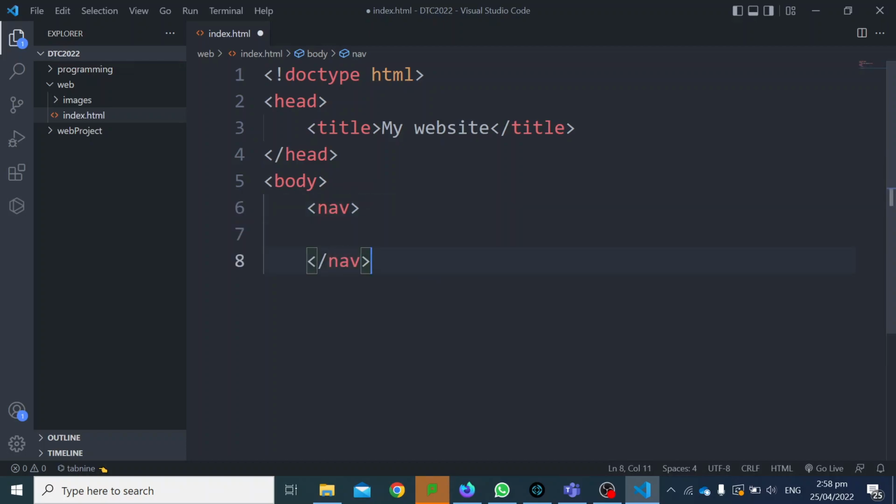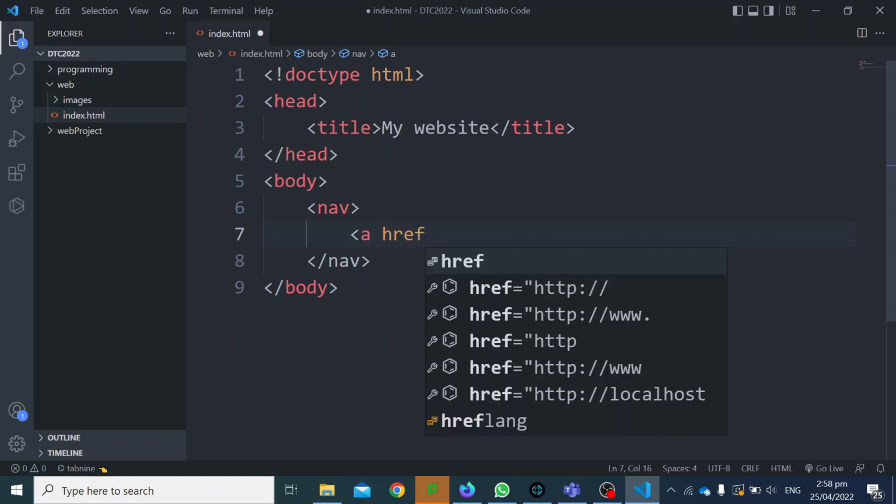Where did the end of my body go? Come back body, there we go. Right, so my spacing, see how my spacing's in like this? Press tab once, press tab twice. That's all we're doing. ahref equals